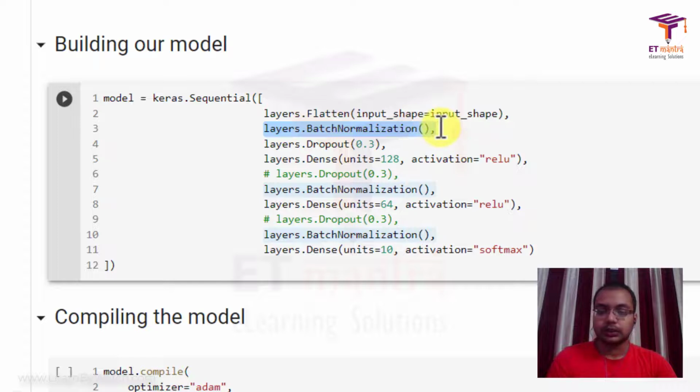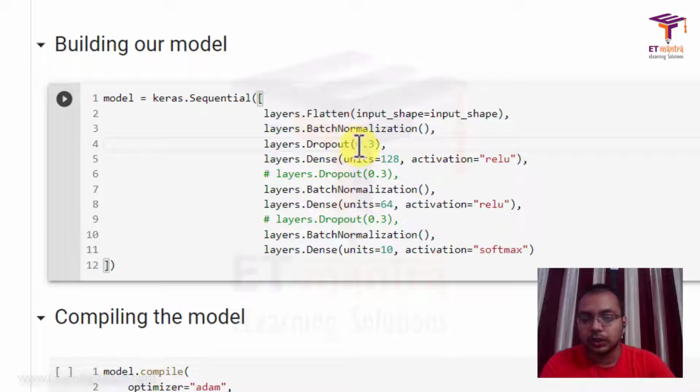Then we do batch normalization. Using batch normalization helps us get to our desired accuracy much faster, since it is easier for the model to train on normalized data. And next we add dropout. So let me explain what dropout is. Normally in a dense layer we connect all of the neurons in the previous layer to the next layer, but when we add dropout, not all neurons from the previous layer are connected to the next layer. We skip some of those.